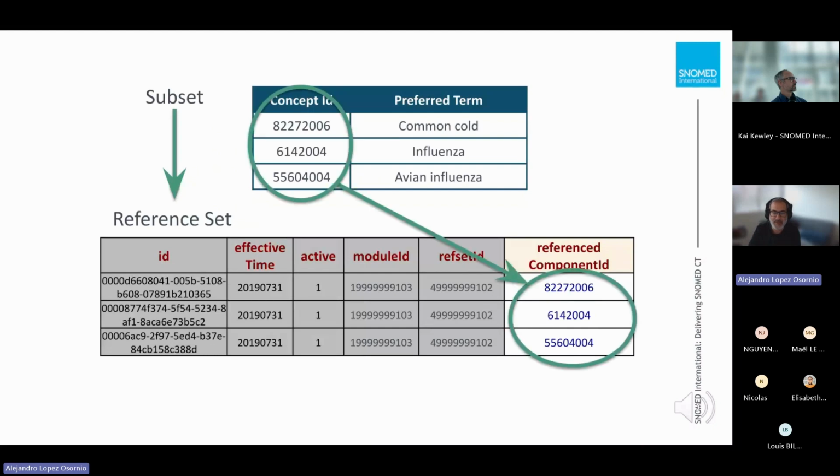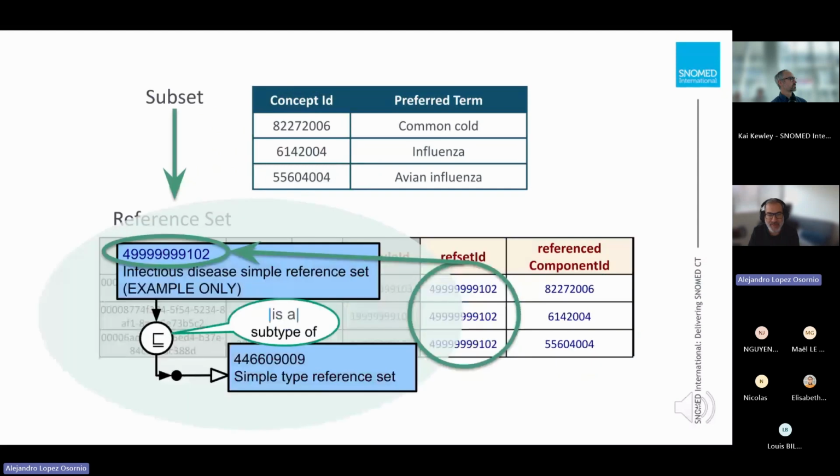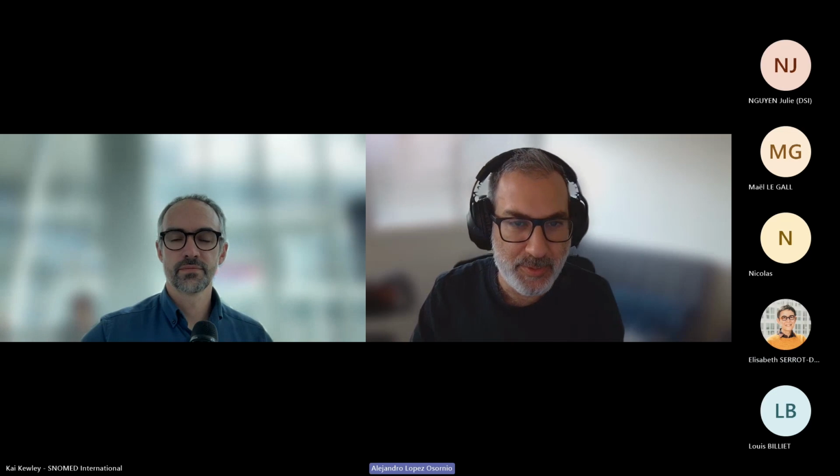Yes. So you can see how what you have in the Excel spreadsheet maps directly to the content of the refset, but the refset adds additional information in order to be able to version that content. And the refset ID is always, in this case, the infectious disease simple reference set. This kind of code, which is a fake code, is always connected to the simple type reference set. Yes. So let me show you